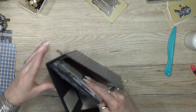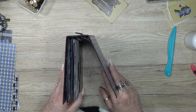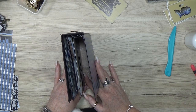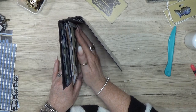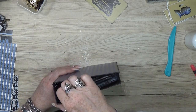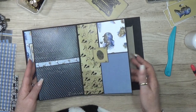I need to be aware of the small places that we have in between, so I really need to have more flat pages. So for the next, I'm gonna make another top-loaded pocket, and I'm gonna make these as flat as possible, and then see what we can do with the next one. Because we do not have much space already, and I know that was the meaning of making this cute little album. So I need to have my next page